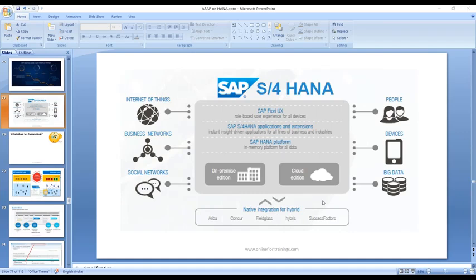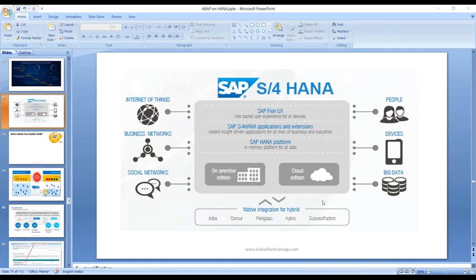What do you think? Would you go and invest in such expensive hardware, HANA databases, servers? You have to hire expertise. You have to hire consultants, basis consultants, technical people. You have to set up your data centers. Can you afford it? No. You want something more like software as a service, where you can still use SAP at a cheaper rate, with a subscription plan. You would like to go with that, right?